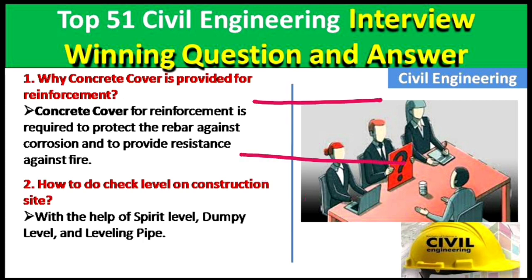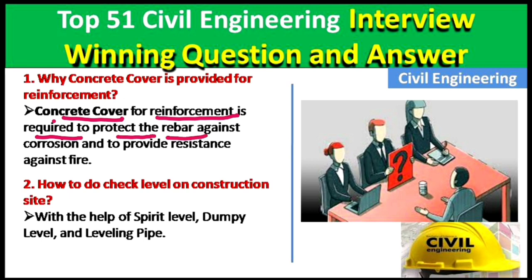For example, this is our beam and this is our reinforcement, it means steel rod. So the distance between this steel rod and this surface of the concrete is known as what? Clear cover. So why should this clear cover be provided? Clear cover for reinforcement is required to protect the rebars, rebars means steel rod, against corrosion and to provide resistance against fire. Okay, it is provided to protect from corrosion, rusting and